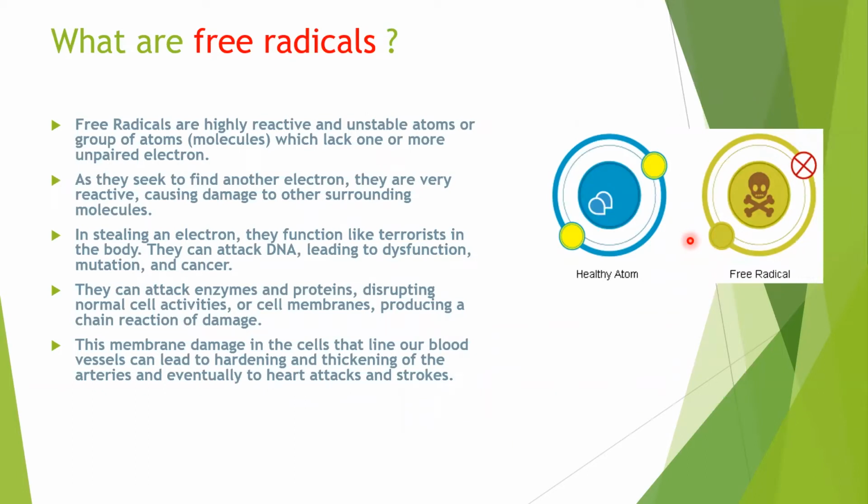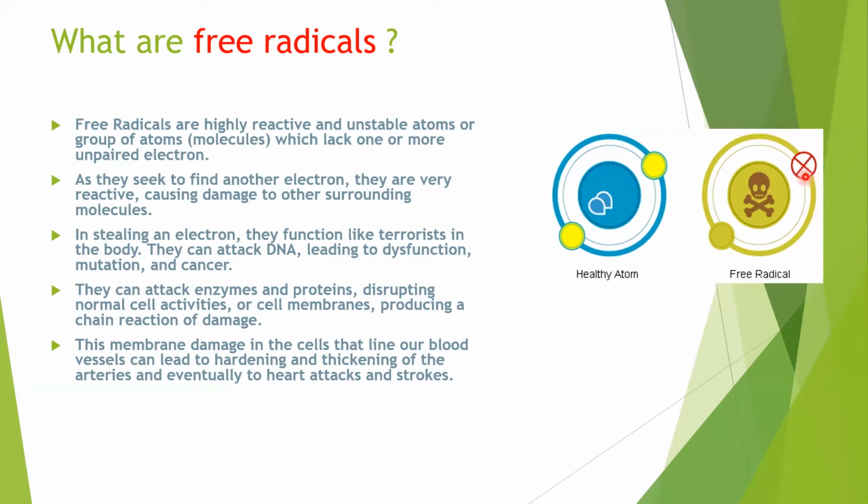And one of the reasons why our catabolic processes are becoming more, as Dr. Ray Strand says, is that one of the reasons for degeneration is free radicals. And here I want to take a little bit of time to explain what a free radical is and how it can be prevented. So in the picture, as you see, any healthy atom will have a pair of electrons. So if it is a hydrogen atom, it will have 2 electrons. If it is an oxygen atom, it will have 8 electrons. But during some process, if one of the electrons is lost by a stable atom, that particular atom becomes extremely unstable, and that is called a free radical.